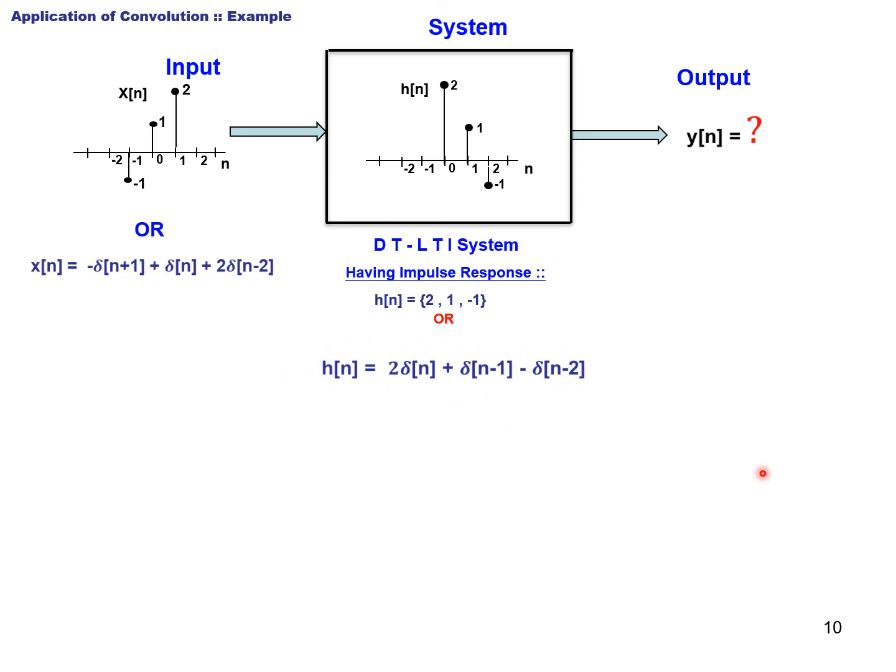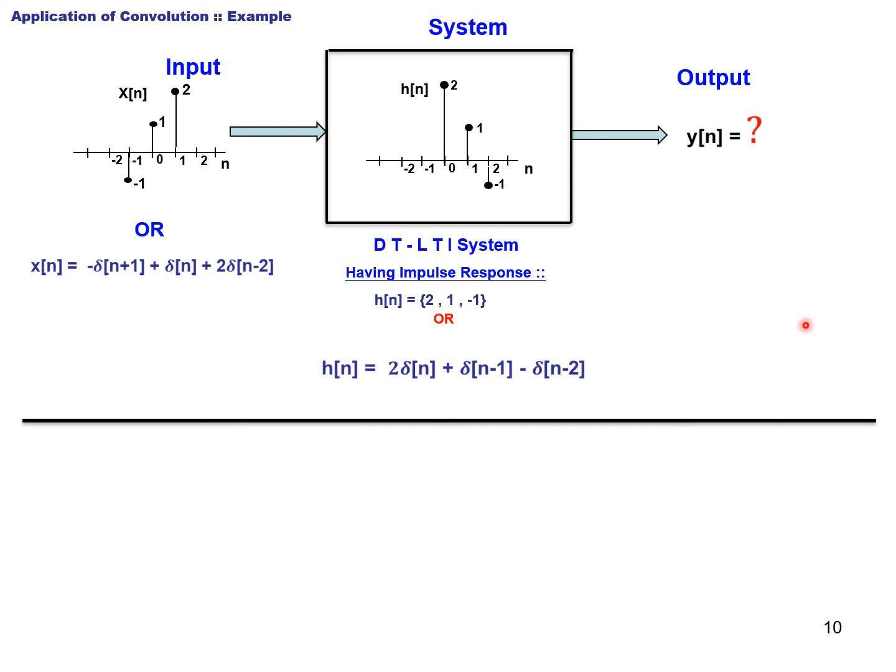Okay, now let us try to understand more about the impulse response and the LTI property. Before I solve this problem, I will give more and more information regarding impulse response, the LTI property, and why I can represent a DT-LTI system with its impulse response. What is the proof for that? I am going to show it in this demonstration. Then I will solve the problem. See what I do.